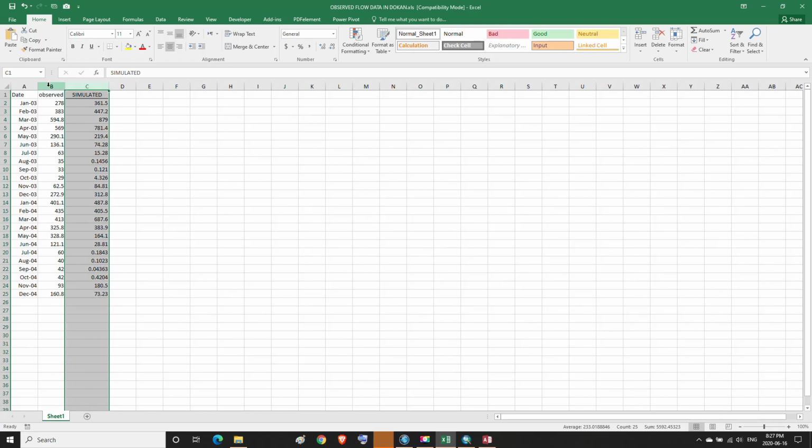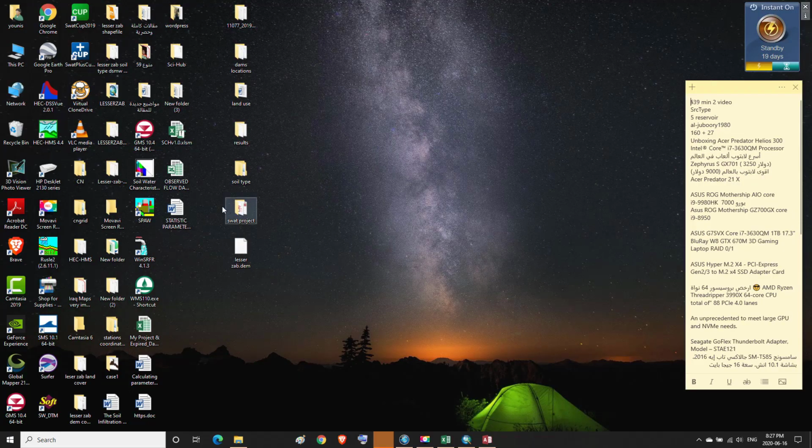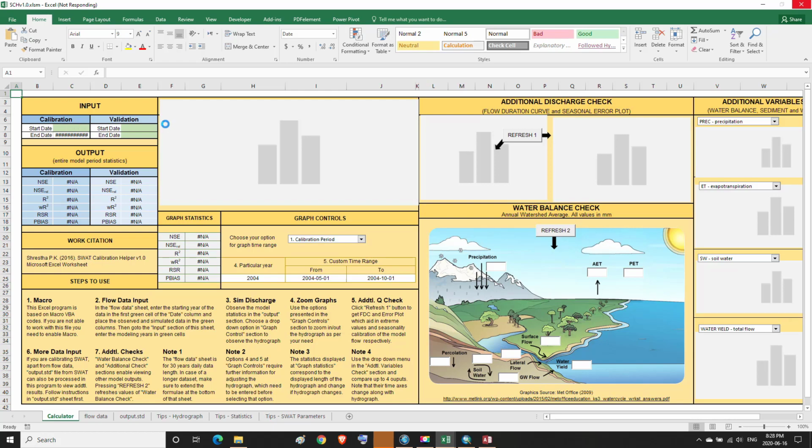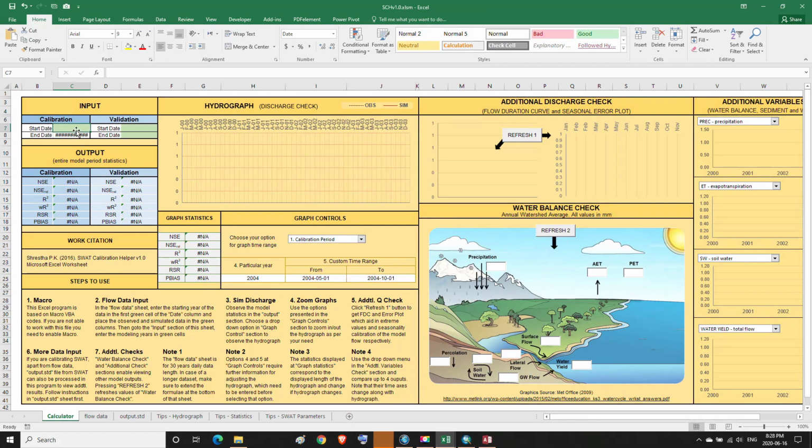Second, we compare these monthly discharge data resulting from the simulation in the ArcSWAT program with the monthly observed discharge data inside the program in the Excel file titled SWAT Calibration Helper, where we open the program in Excel, and in it the data that is compared is daily. To make the comparison, we go to the calibration field,